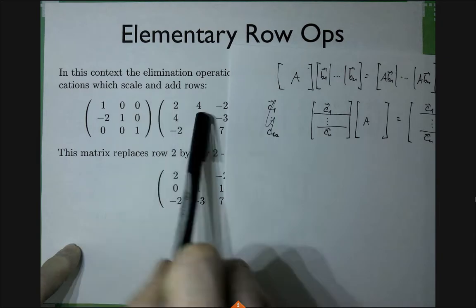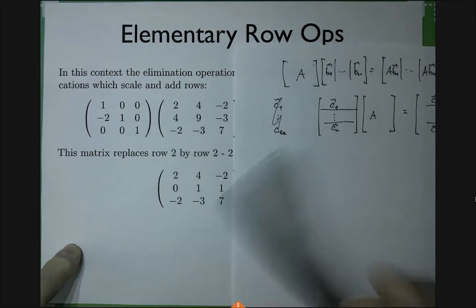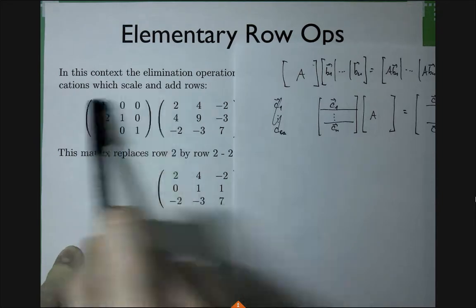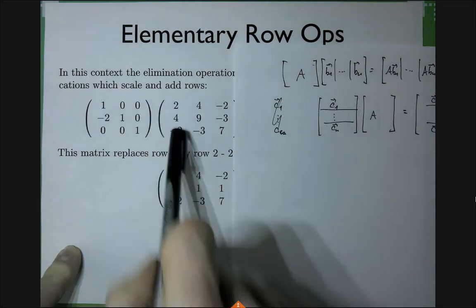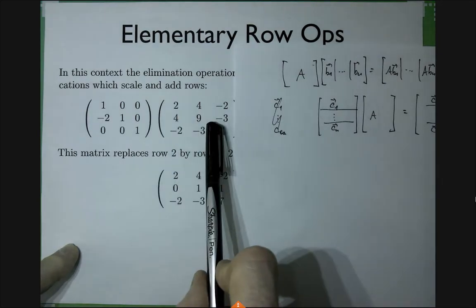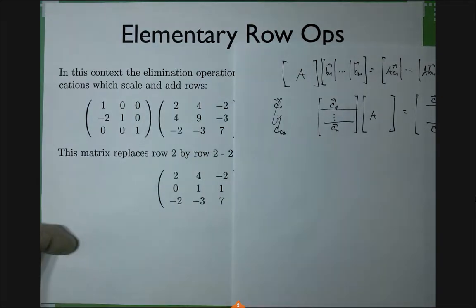This is matrix multiplication, so I can be looking at it this way. I'm multiplying one row at a time. So this row gets multiplied by the entire matrix. Well, if this row gets multiplied by the entire matrix, what does it do? It just copies the first row, right? Everybody sees that? Everybody has a mental picture of matrix multiplication.